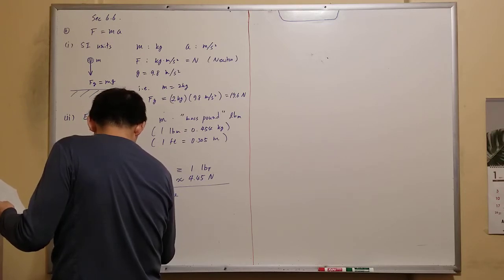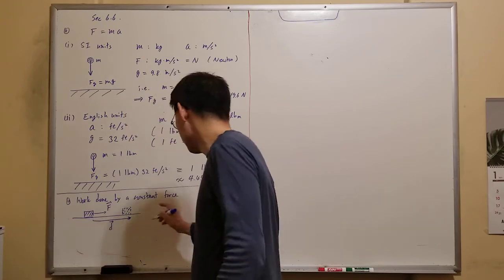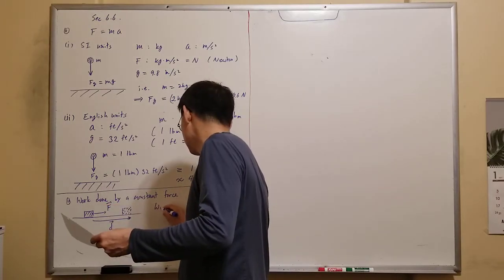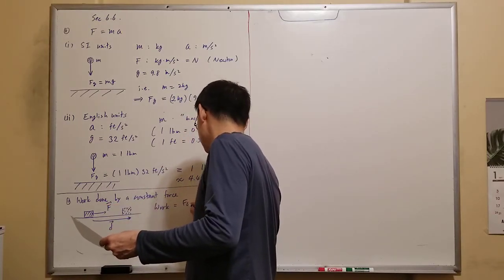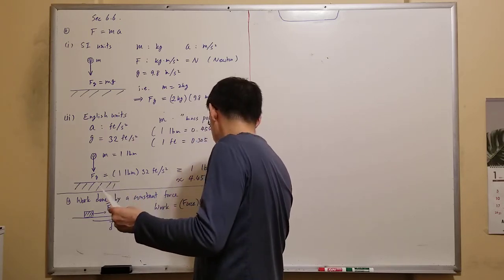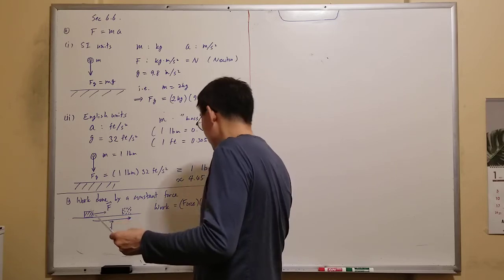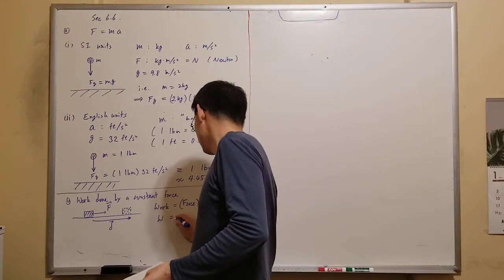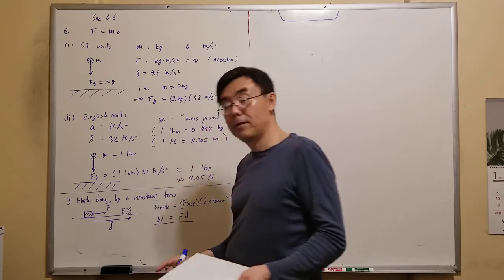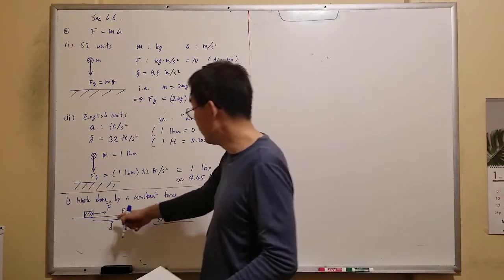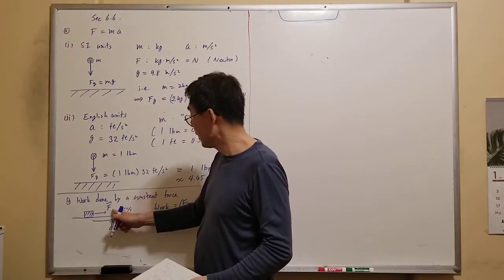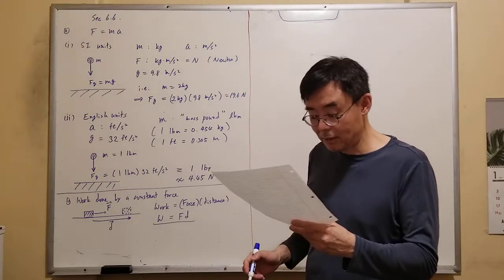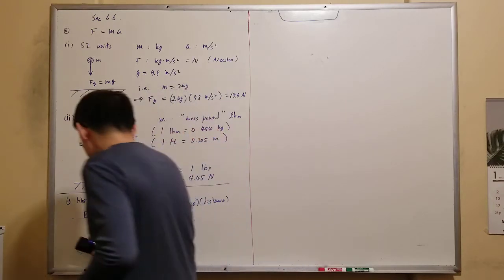Then we say that the work done by the force onto this object is defined as force times distance, if you move in the same direction as the force. So work, you use W, force times distance. If the direction of motion, the displacement vector, is exactly the same direction as the force vector throughout the work, then it is force times distance. So here, the SI unit